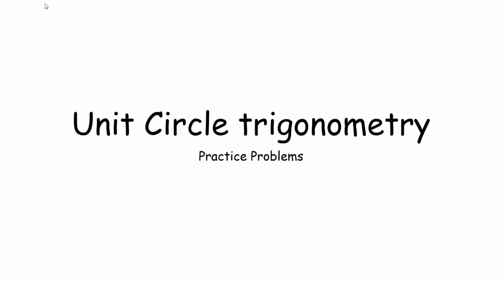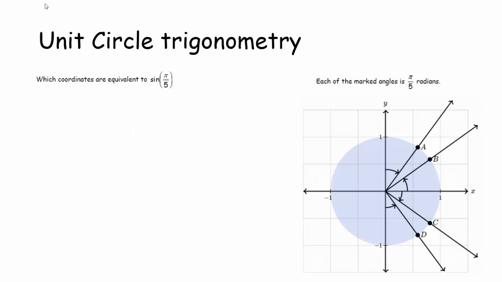So let's do some problems involving looking at the unit circle and the properties of the unit circle. These questions are often tricky because we have to look at a lot of possible lengths and think about some different triangles and whatnot. So the key fact here that we're going to use is that points on the unit circle